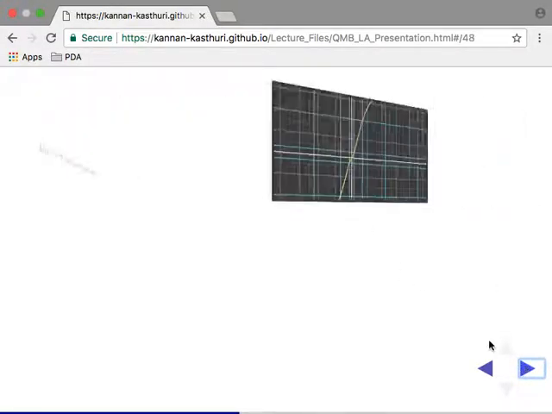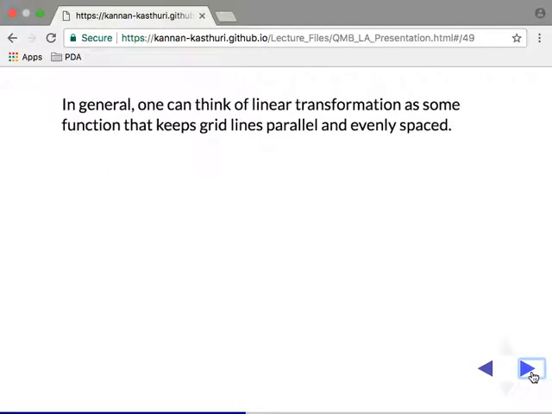Let's say that the white lines are the original coordinates, and after transformation you have the blue lines. All lines should remain lines, right? Do you think it's a linear transformation? The lines are remaining as lines, right? But actually, if you draw a curve, the origin is fixed, but the diagonal line is not actually kept as a line in this transformation. It turns out to be a curve, right? So one of the key properties of a linear transformation is that the grid lines should remain parallel and evenly spaced.